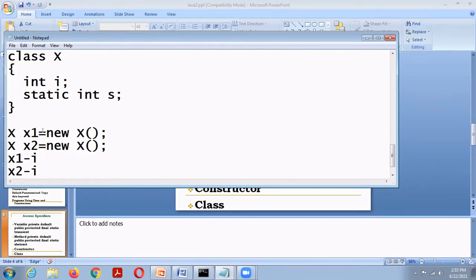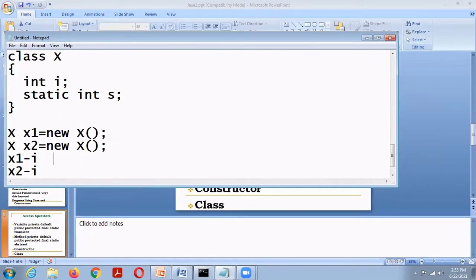But s is a static member, so only one is allocated and it is common for both x1 and x2.